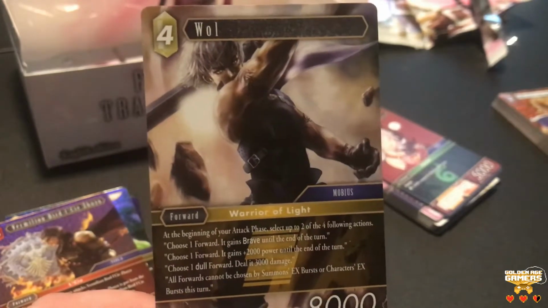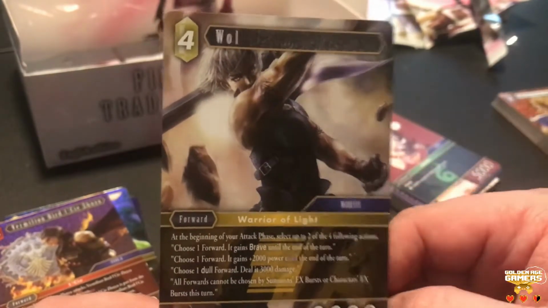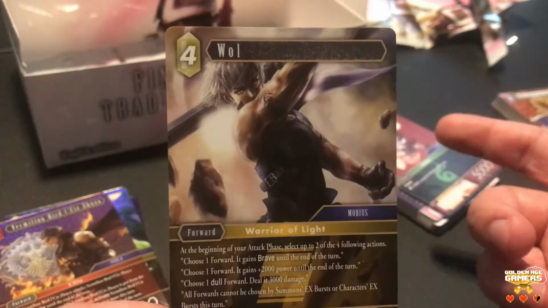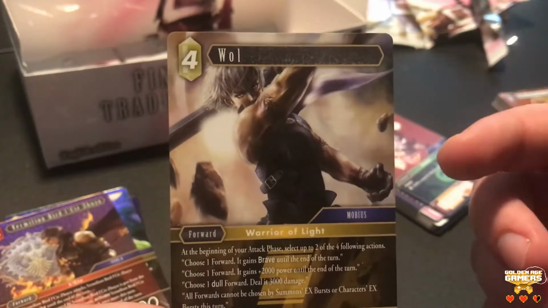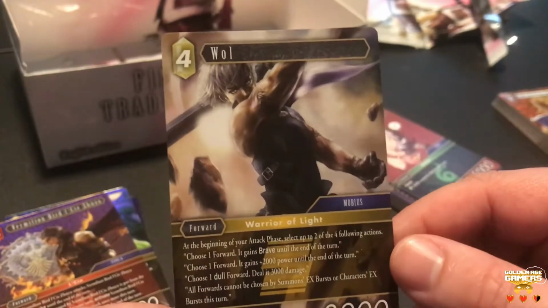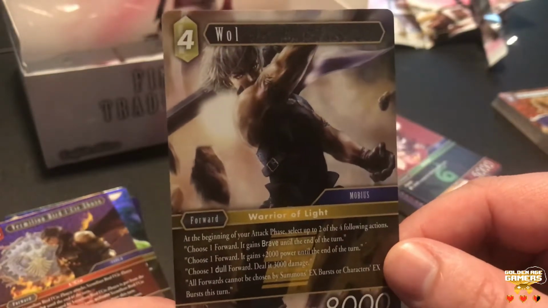Choose one forward. It gains 2,000 power until end of turn, which is also really good. Choose one dull forward. Deal 3,000 damage. That combines really well with fire, which is what I also have in that deck, because it focuses on dealing damage, and if it doesn't deal enough damage to break that card, this one can definitely pile on in that same turn. And then the last one, which I think is really overpowered,